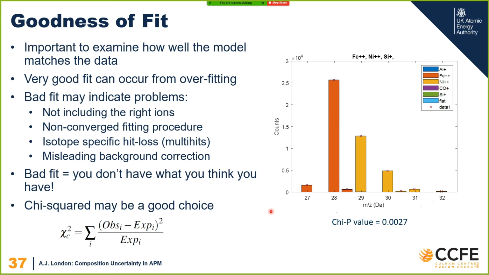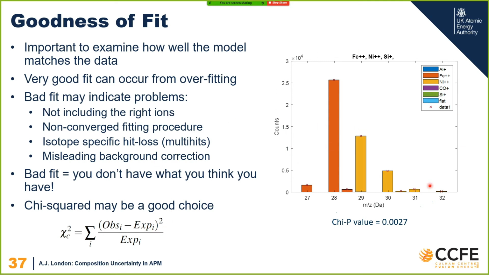And this is kind of a consequence of having so many counts. The more counts you have, the more sensitive your p-value becomes. So chi-squared is maybe not the best solution. My ion fit tester, which I'll show you in a moment, uses the effect size, which I think is slightly better. But yeah, this is basically just a way of showing whether you've got the right ions in your fit,